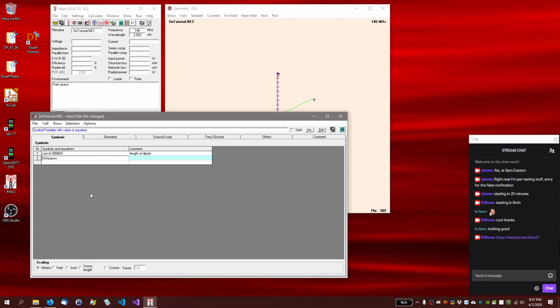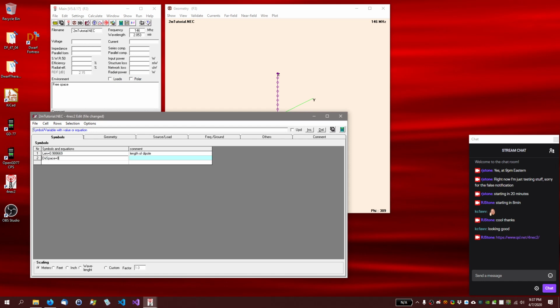If you have a formula typed in here like length divided by 4, the optimizer will not be able to operate on this director space. So I'm just going to hard code a value in here. I think what we want is probably something like